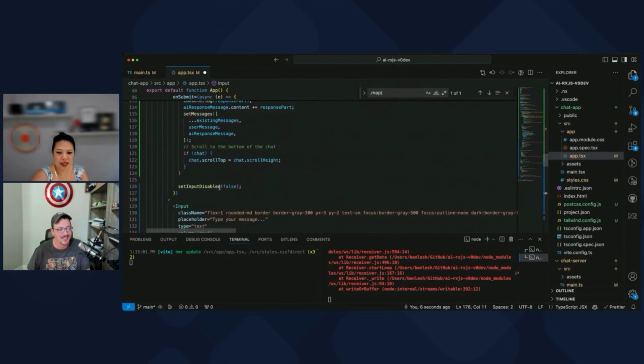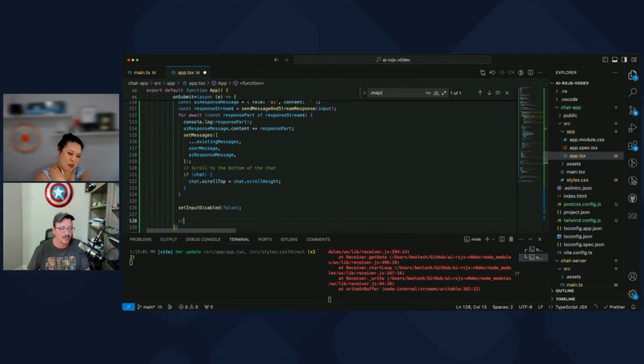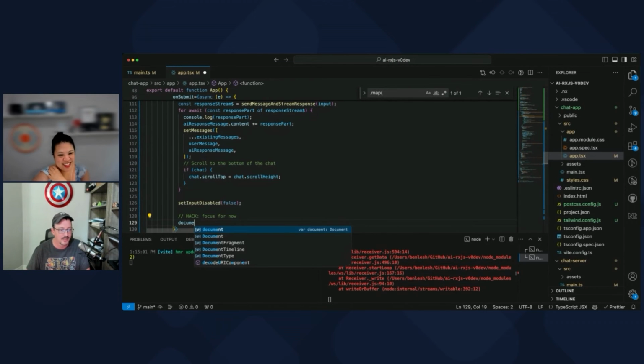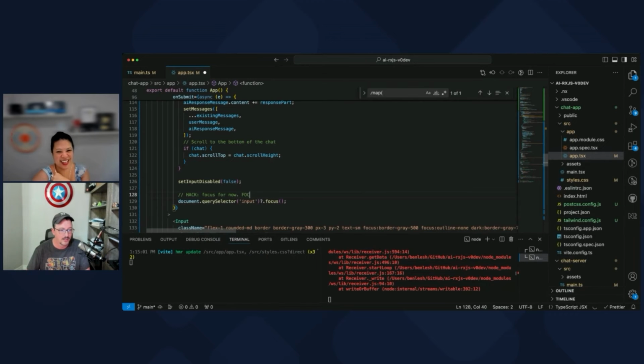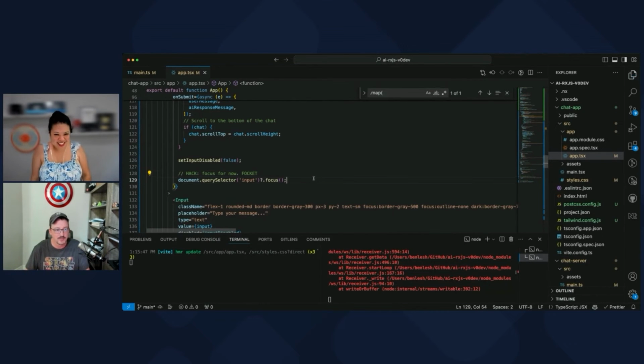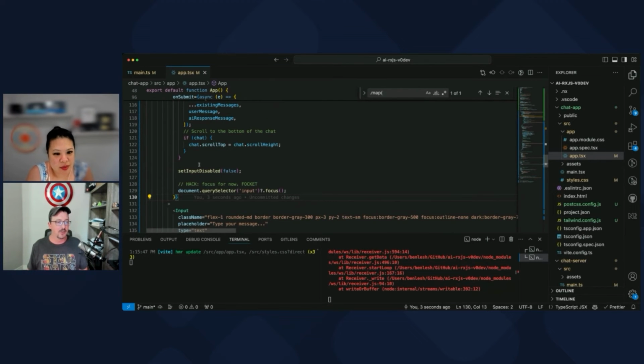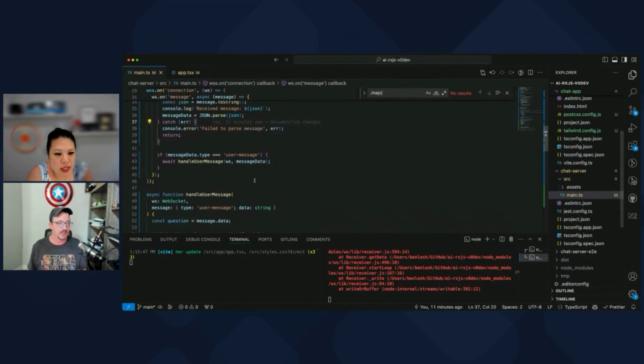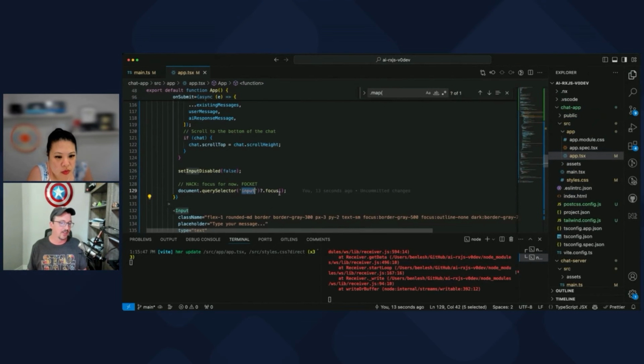So we can do this in JavaScript. Don't be too hacky. Well, I'm doing it. All right. So that's going to focus after we re-enable our thingy. Where does it focus to though? Whatever input it finds, which there's only one on the screen right now. Oh, cool. So this is just plain DOM manipulation JavaScript stuff. This isn't React or anything.